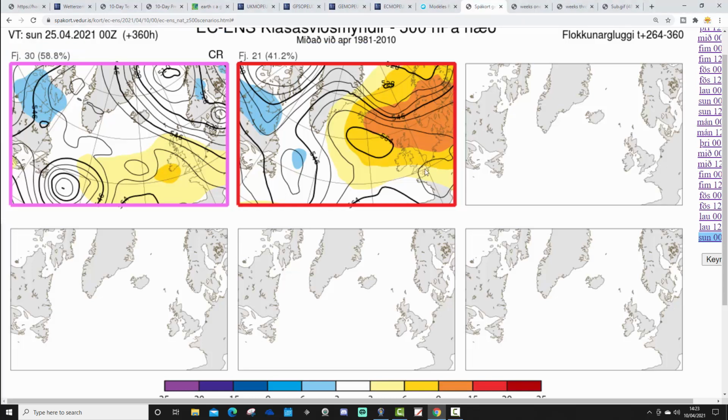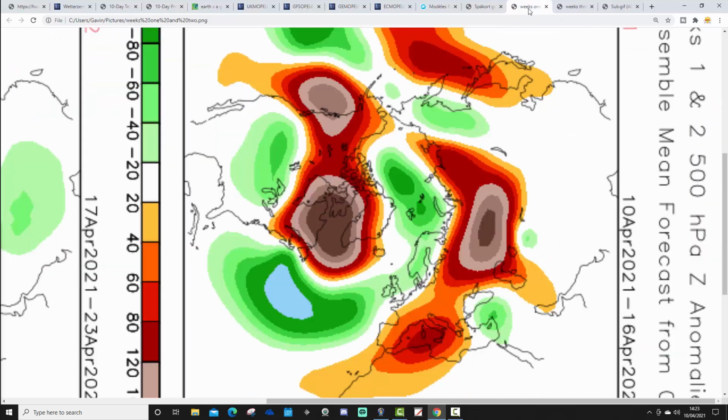So it certainly looks like we're moving into an anticyclonic second half to April, and probably something rather warmer as well. Let's have a look at CFS V2 before we wrap up the video. So these are 500 millibar heights, broken down into weekly periods. The first weekly period will take us from the 10th to the 16th of April. The coming week brings low pressure in from the Atlantic combined with northern blocking. It's going to be quite cold and unsettled